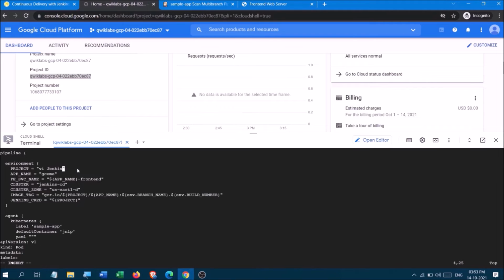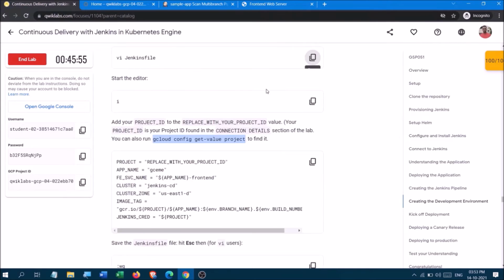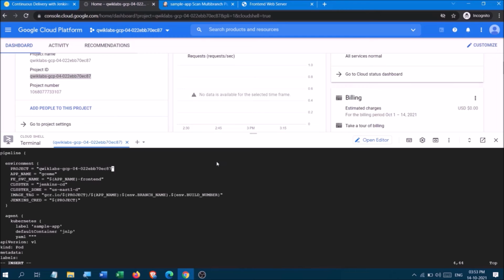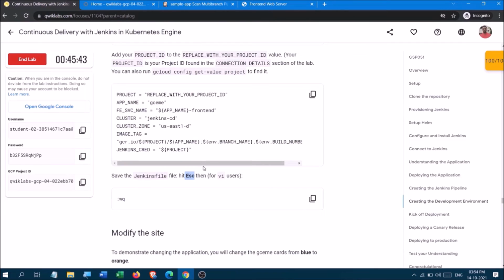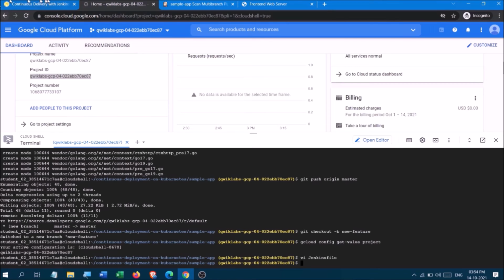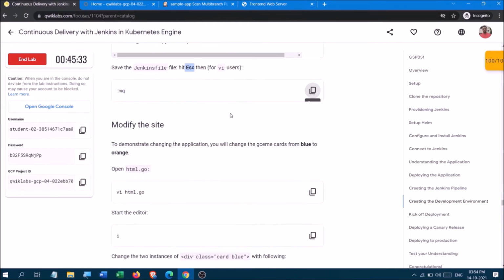Okay, yes, the project id has been pasted into it. Now to save this file, first click on escape. Now I am clicking on escape and then copy this command. Okay, I am copying this command directly and enter. So automatically the file has saved and uploaded.